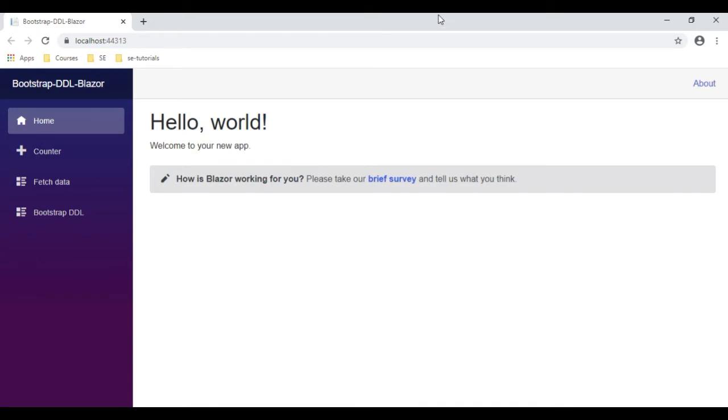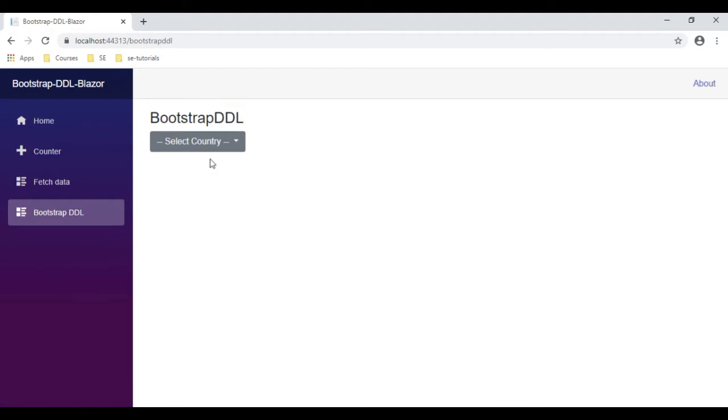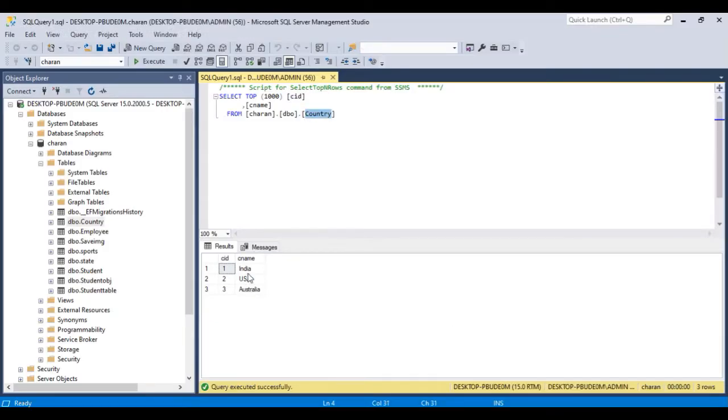And here we got the final output of our project. That is the Bootstrap DDL. Let's click that one. So here we got the select country, the Bootstrap drop-down list. Inside this drop-down list, we have populated the data: India, USA, Australia, the country names from the SQL Server Management Studio table, the country table